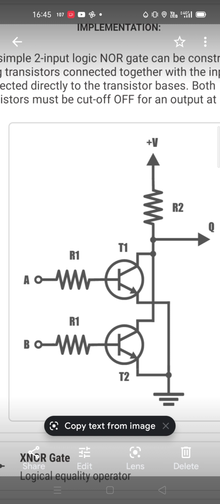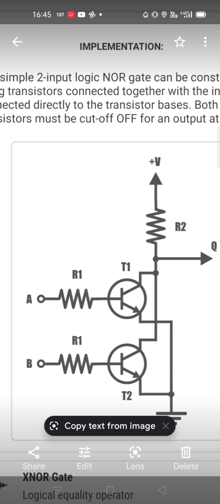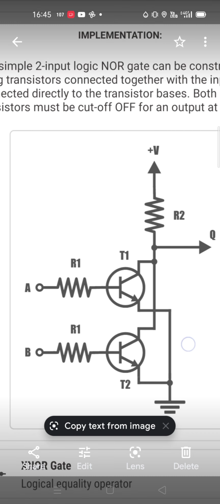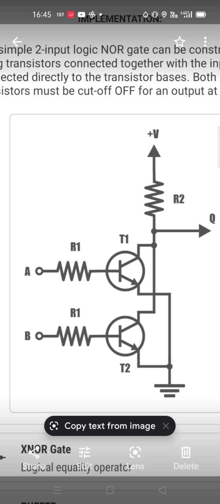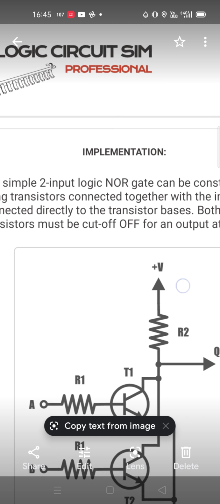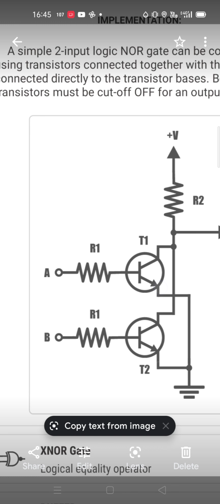Once you seal the complete thing, you have a single AND gate, single OR gate, single NAND gate, and those kinds of things you can make. But if you want to really see a transistor and resistors and other things, then you don't have to do a complete sealing. You can just make it as a surface-mount item, and then you can interconnect them like this to make an AND circuit, NOR circuit, OR circuit, or gate and other things.